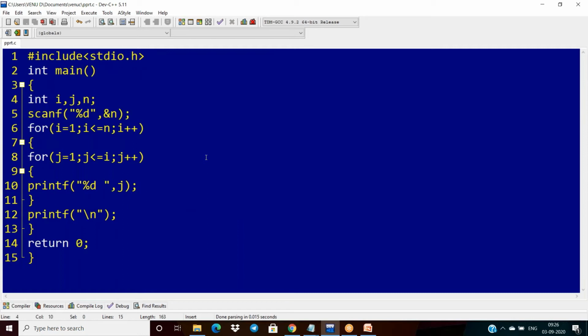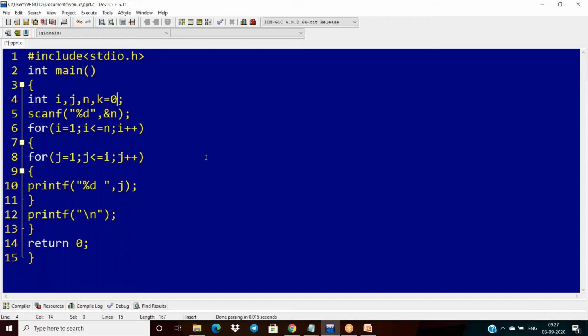So I'm taking one variable called k. First I have to initialize k. We need to print the values from 1 onwards, so you can take k as 0 or k equal to 1, no problem. I am taking k equal to 0.